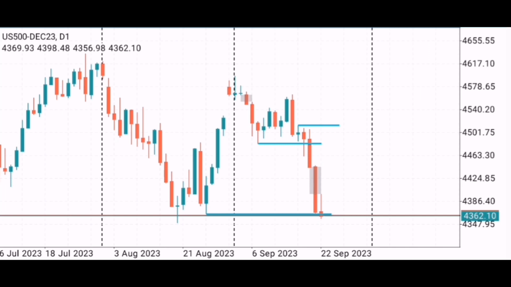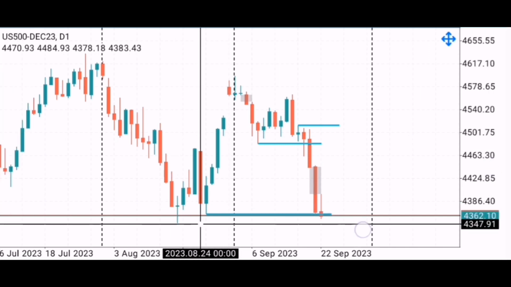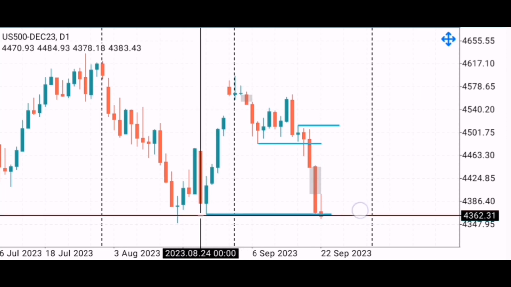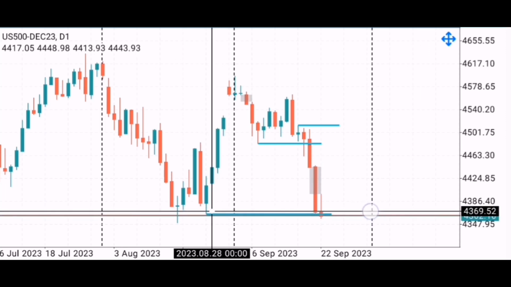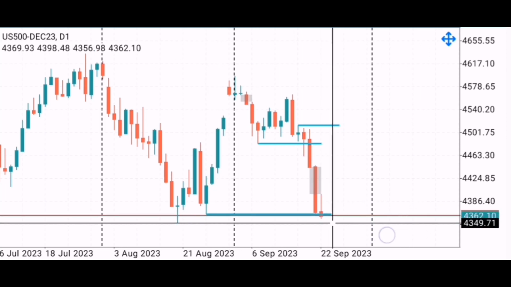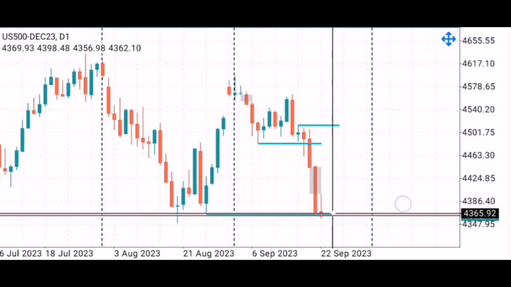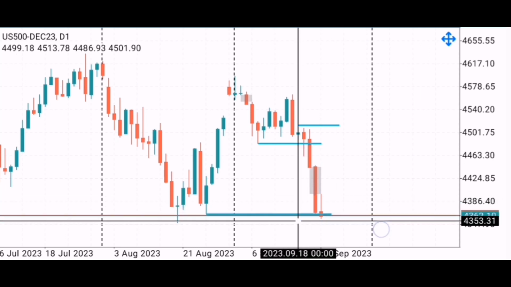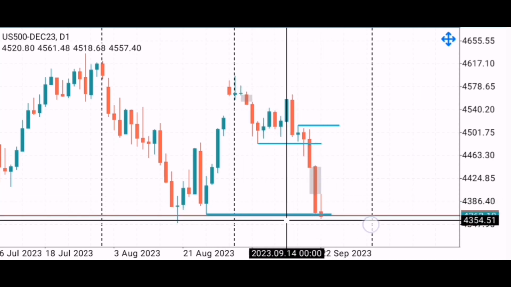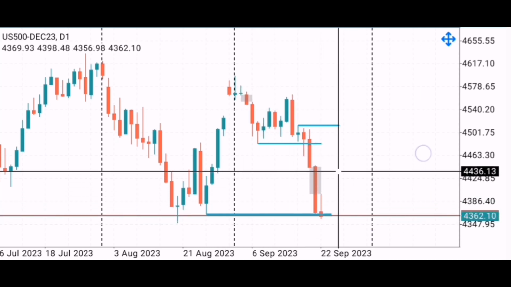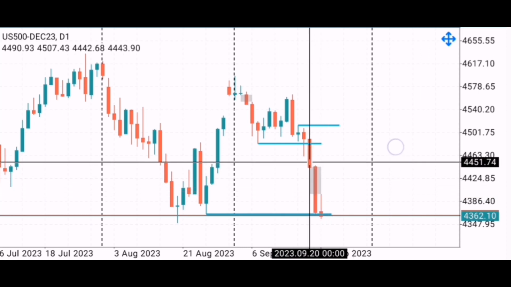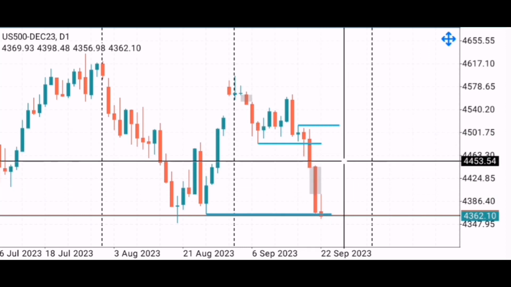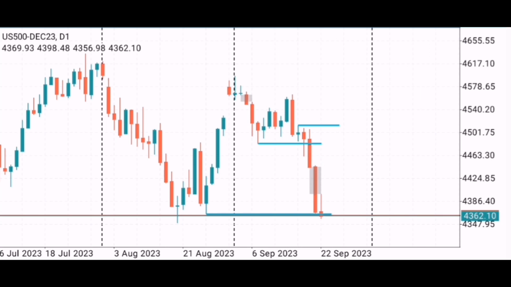However, for now we are observing how price is going to be reacting at this level where it is at right now. Right here, we want to see how price trades. If price is going to use that as resistance, continue to the downside, or simply rejection level, and then we begin to see price trade into these fair value gaps, and from there we align ourselves according to what we see in the market.